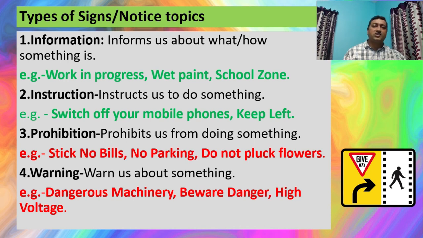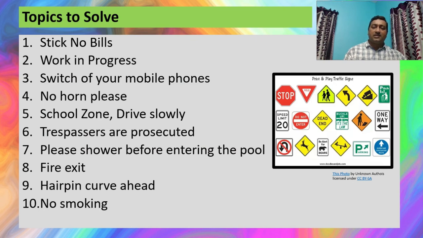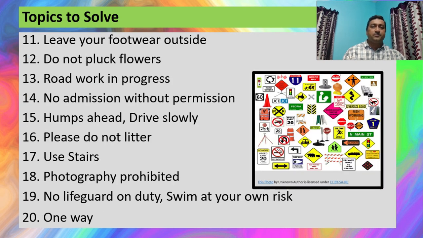Because in the next session, I can give you some four basic sentences. How can you define them? How can you describe them? Right? But still, you can use your own flexibility and creativity for defining or describing or explaining them. Still, we can attempt one example for each type, that is information or instruction or prohibition or warning.